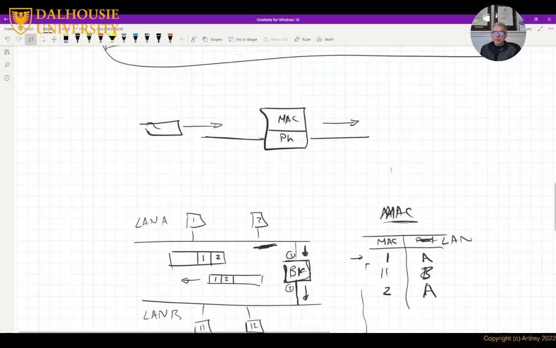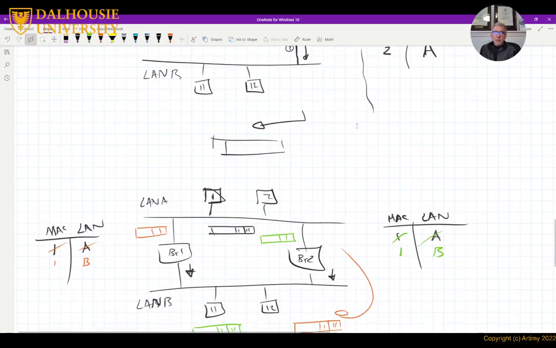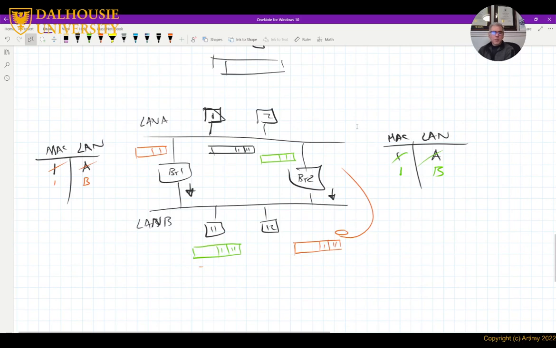The scenario that I explained here, right? So we have this segment that will make X and Y communicate, even if there is a failure in between. So we create loops because we need reliability. We need multiple paths, multiple routes between any two LAN segments.